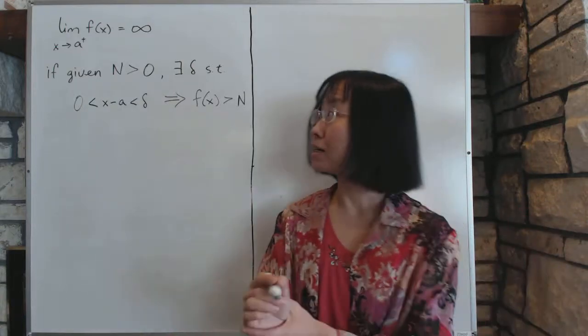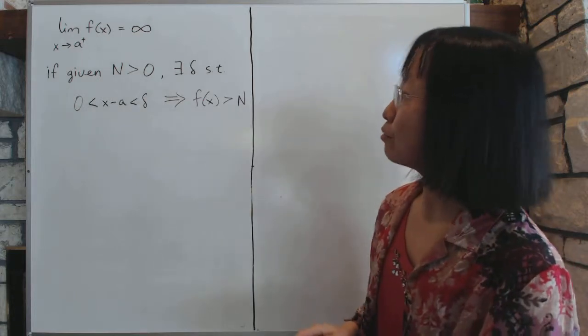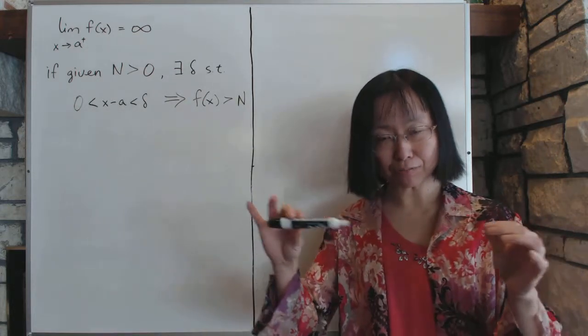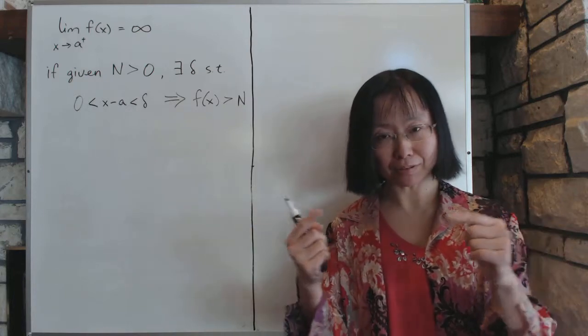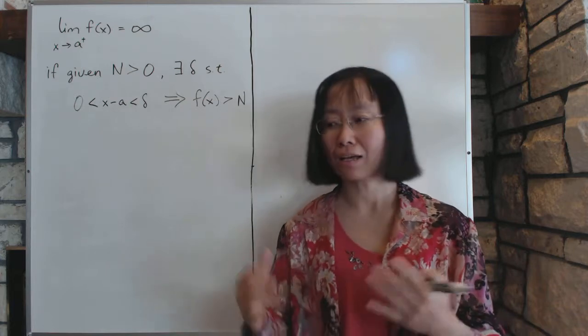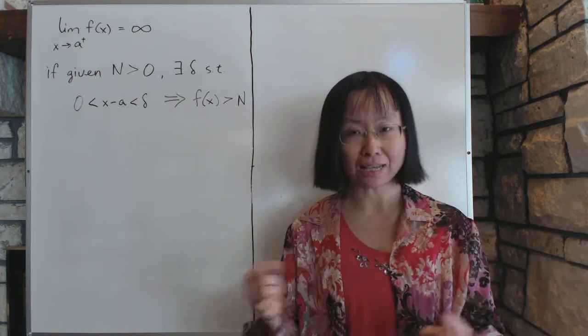Section 2.4, one-sided limits and asymptotes. Now we have talked about limits, but now we're going to talk about limits that you approach from only one side. Normally we approach a limit from both sides, but once in a while we might want to approach it from one side only. An example would be the square root of x, as x approaches 0.